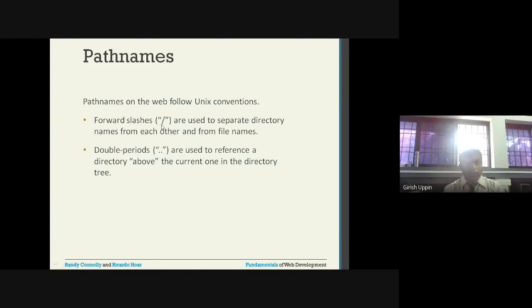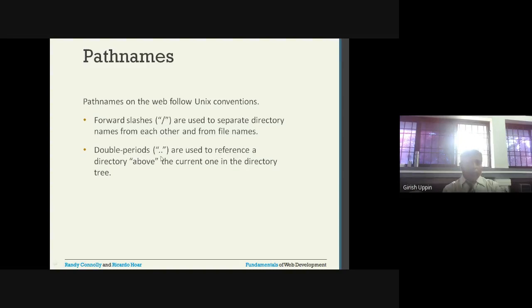I will check on this, whether there is any difference between forward and backward slash. Forward slashes are used to separate the directory names from each other and from the file names. Suppose I have multiple folders. For example, I had only the image folder. Inside the image folder, if I had one more folder, I will use the forward slash to separate those. That is how I get the path.